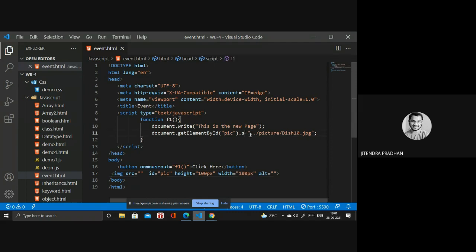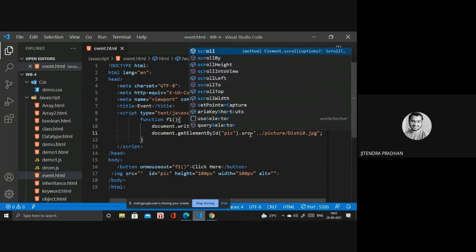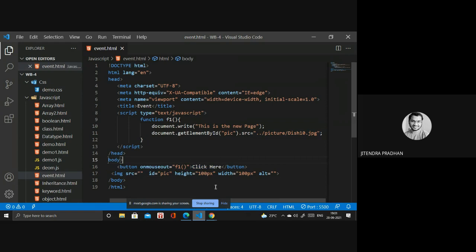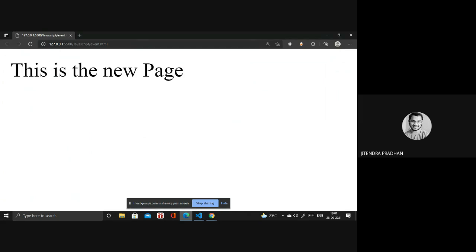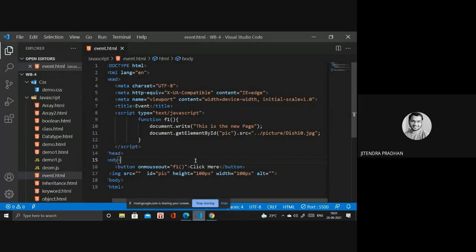SRC, check. Okay, I will give you the text as well, so you have to try yourself. I think the path is different, that's why there is an error. No issue.